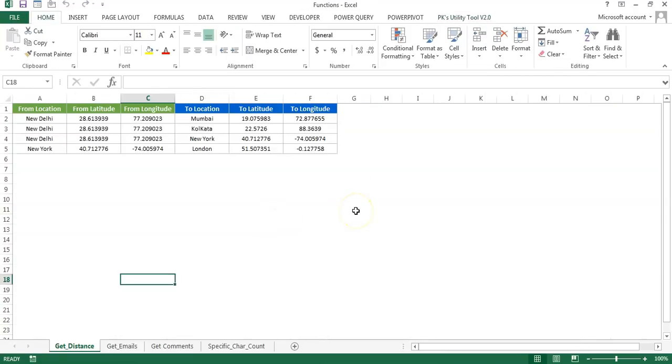The first function is to get the distance. Let's say you have the lat and long for a destination or location, and you have the lat and long for 2 locations. So we want to get the distance between New Delhi and Mumbai and we have the lat long. How can we calculate the distance using an Excel formula? So we have created a get distance function here. And friends, I'll tell you, it will give you the aerial distance only, it will not give you the road